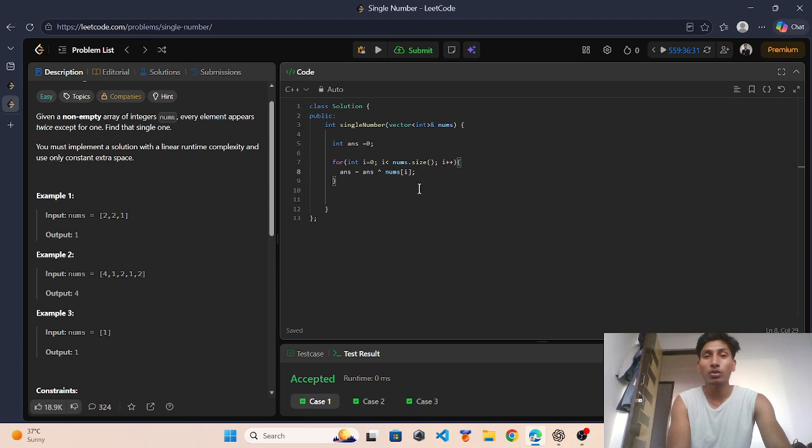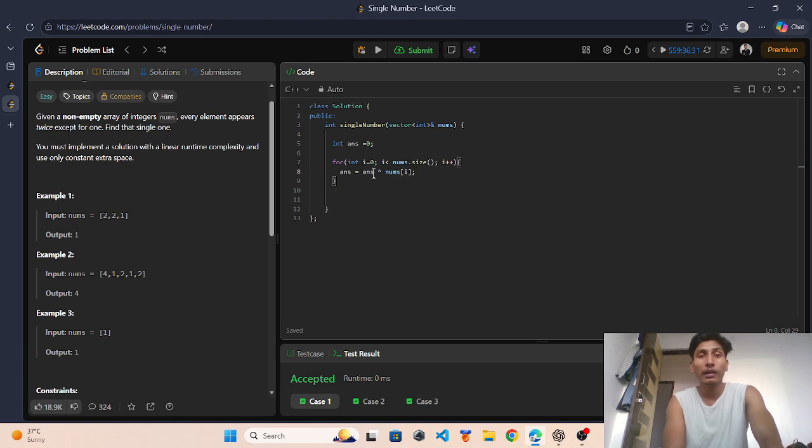Then 2 XOR 2 returns 0, because the same integer XORed returns 0. Same values return 0 and different values return a non-zero integer. So ans is updated to 0.